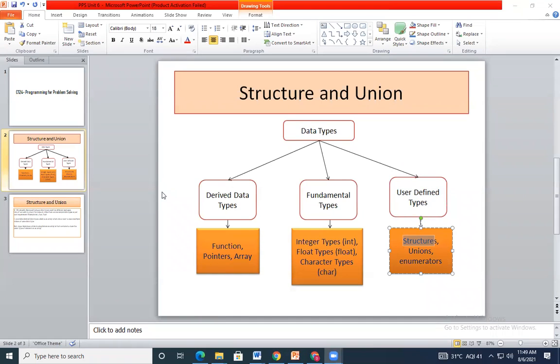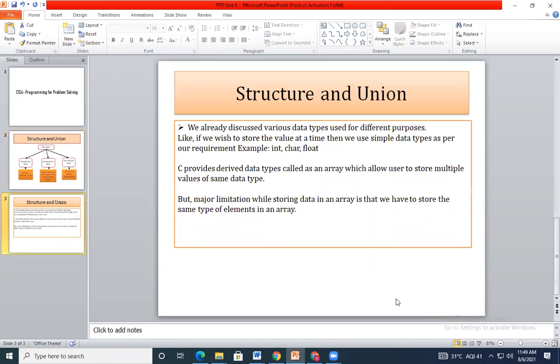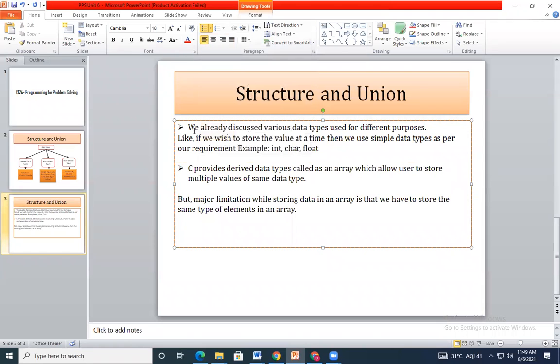Now we'll move to the next point. We have already discussed various data types used for different purposes. If we wish to store a single value at a time, then we use simple data types as per our requirement.